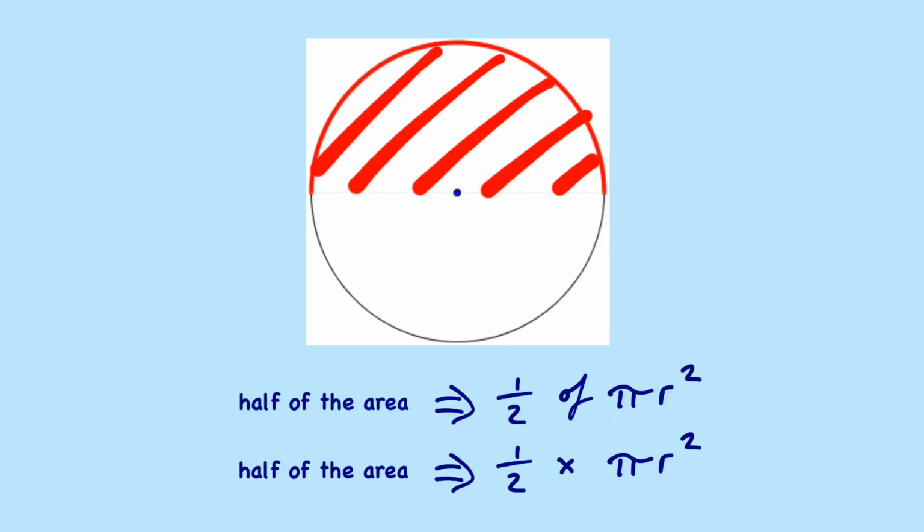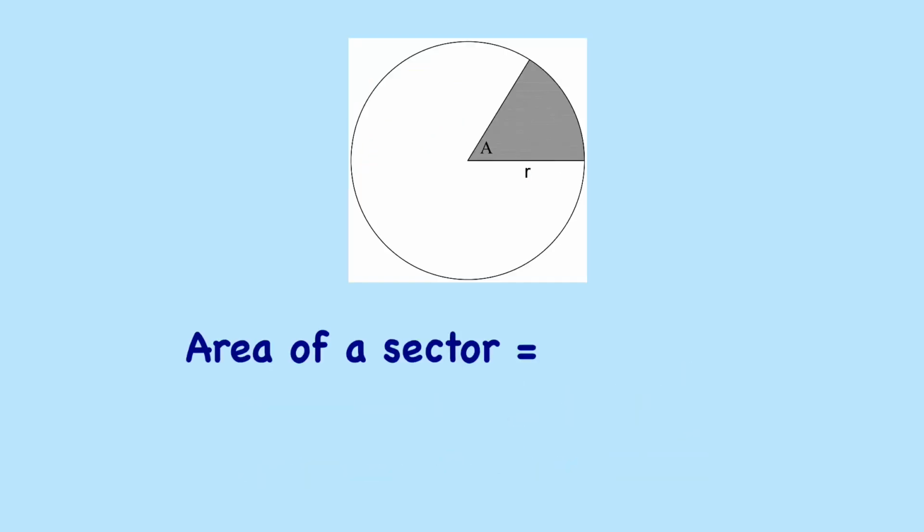However, like in the previous clip on arc length, you won't always have sectors which have nice easy fractions of the circle to work with. Therefore, you need a formula. So the area of a sector is theta, where theta is the size of the angle between the two radii which have created the sector,